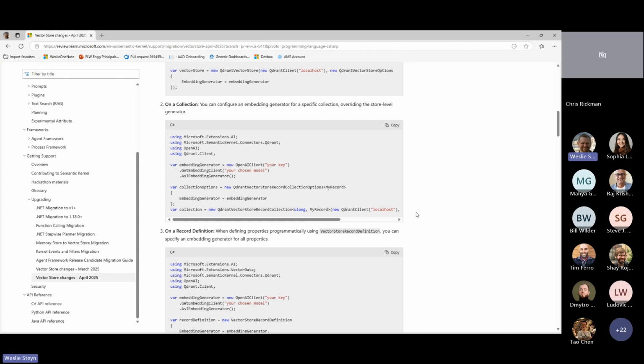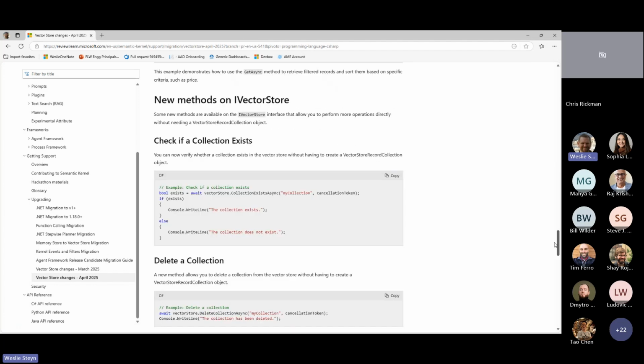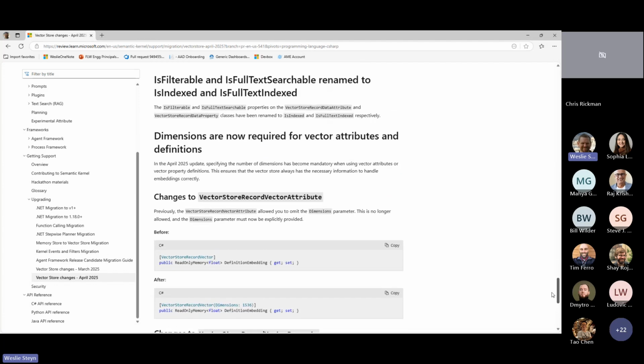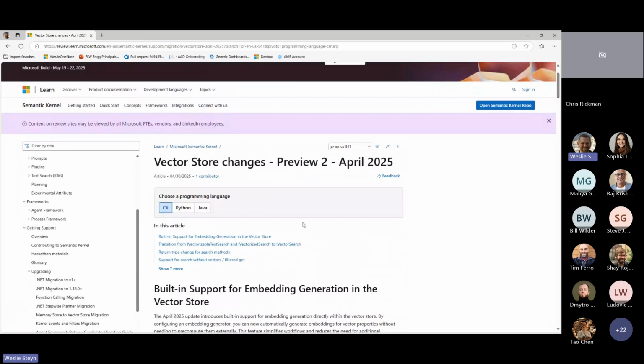Any questions on these final few items? I know I ran through them quickly, but I want to make sure there's time for other questions as well if people have them. Not seeing anything in chat. I'd love to hear from you, so feel free to come off of mute if you have questions for Wesley, or feel free to put them in chat as well and I can read them out. And if not, over back to you, Sophia, for maybe more general questions.